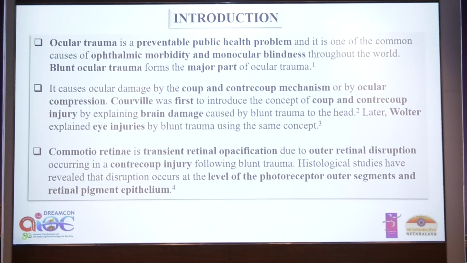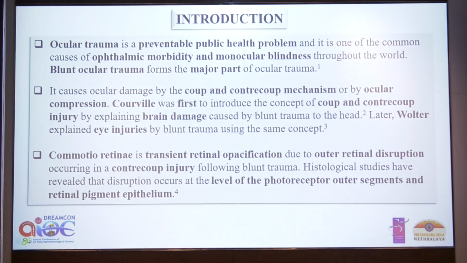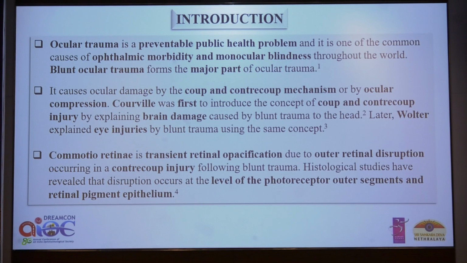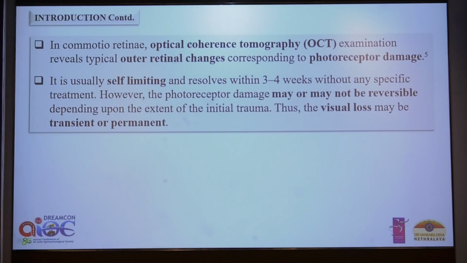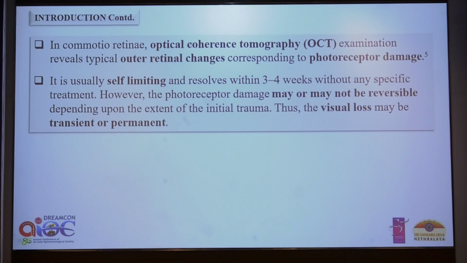So blunt ocular trauma forms the major part of ocular trauma. It causes ocular damage by the coup and contrecoup mechanism or by ocular compression. Corvilli was first to introduce the concept of coup and contrecoup injury by explaining the brain damage caused by blunt trauma to the head. Later, Walter explained the eye injuries by blunt trauma using the same concept. Commotio retinae is a transient